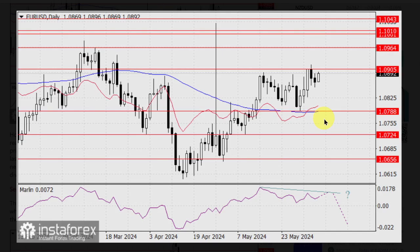However, technical details allow for a significant rise in the euro before it falls. The simplest scenario is reaching the target level of 1.0964, gradually increasing the divergence with the Marlin oscillator. The price might rise even higher to the target range of 1.1001, 1.1010, the peaks of November and December last